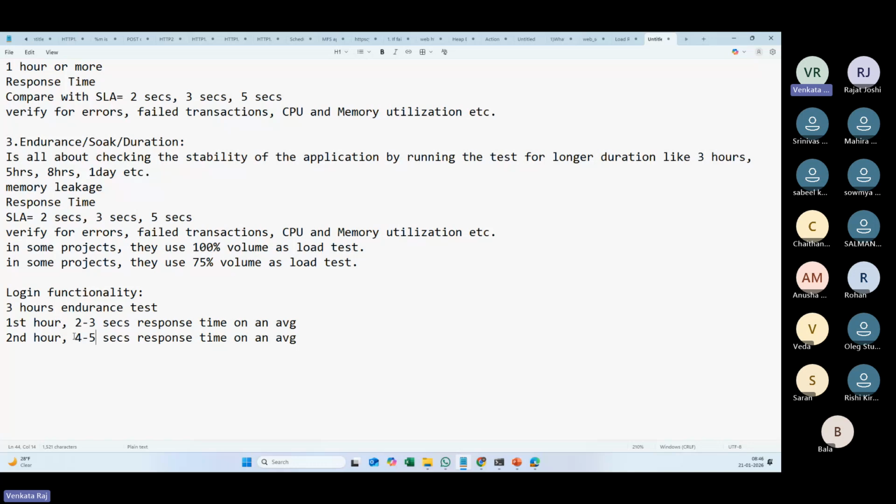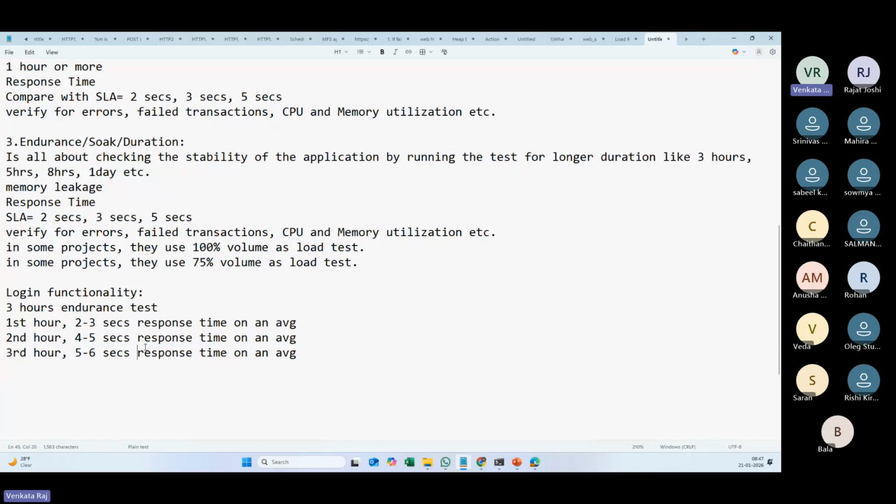Why should there be an increase in the response time? Why is performance degraded in this hour? There is something wrong with the application, that the performance has degraded in the second hour. So probably the third hour is also expected to get the same response times, but let's say we are getting like 5 to 6 seconds response times, which is again, you know,